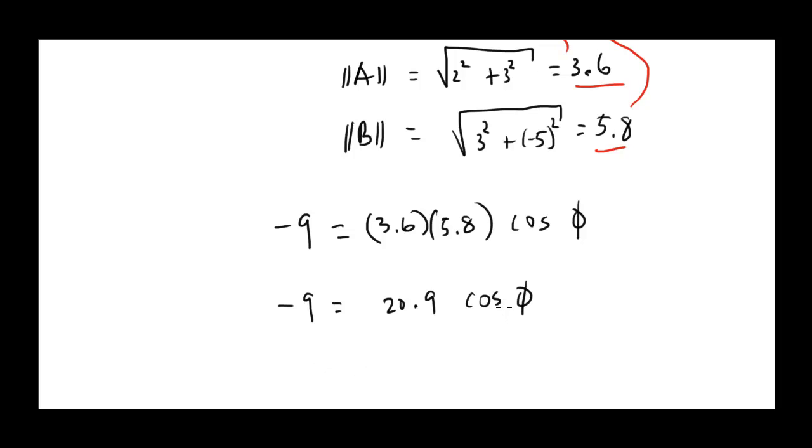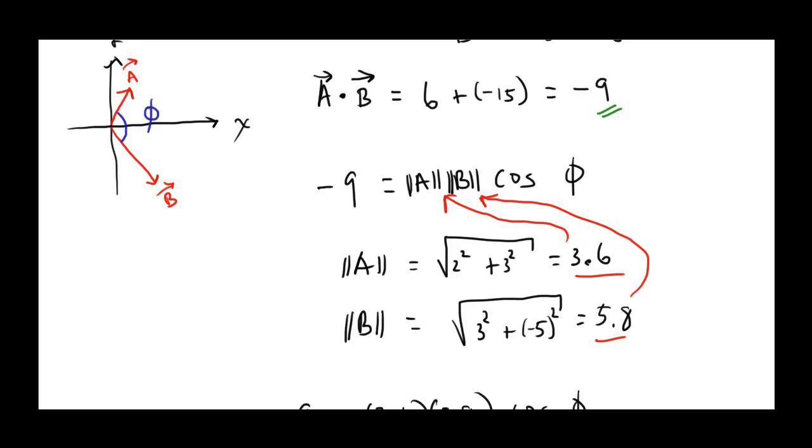So I'm going to divide both sides and take the arc cosine. So phi is the arc cos of negative 9 divided by 20.9, and that gives me 115 degrees. So in other words, this angle here that I've been asked to find is 115